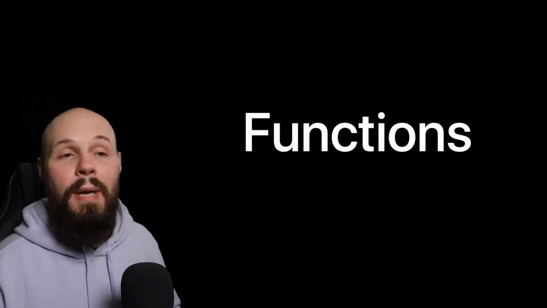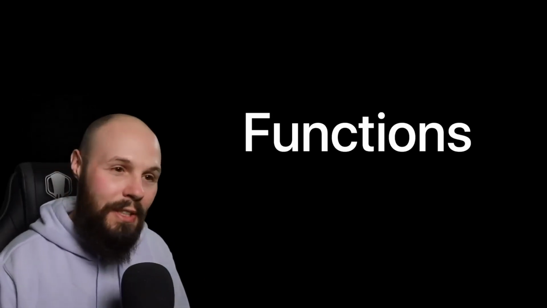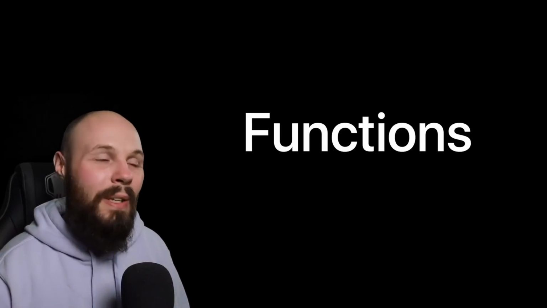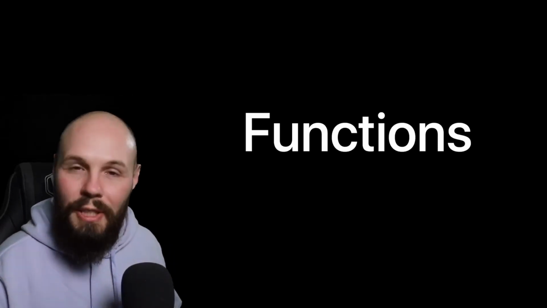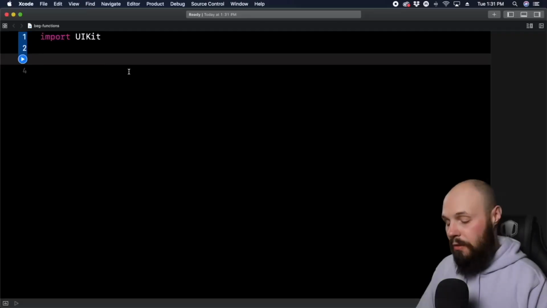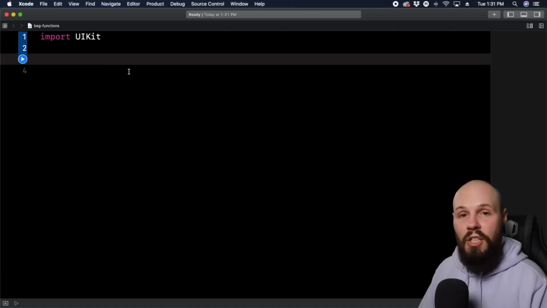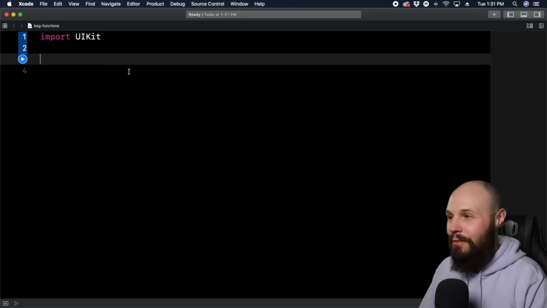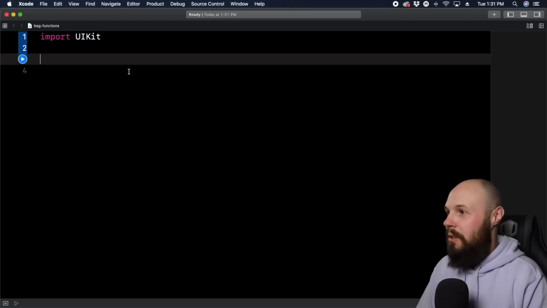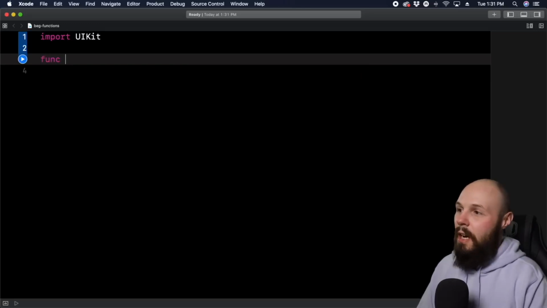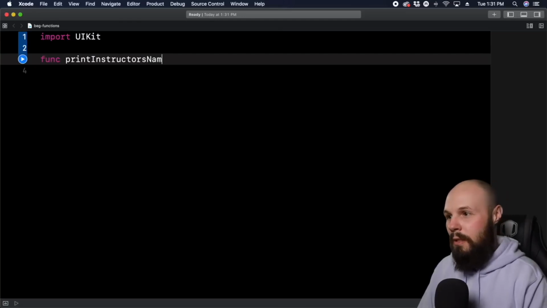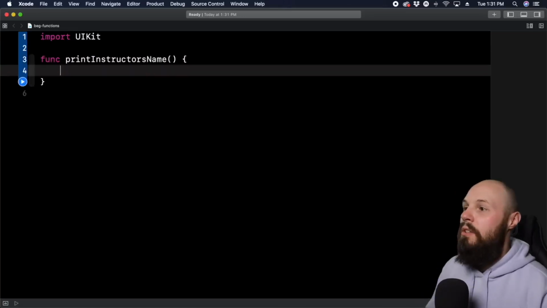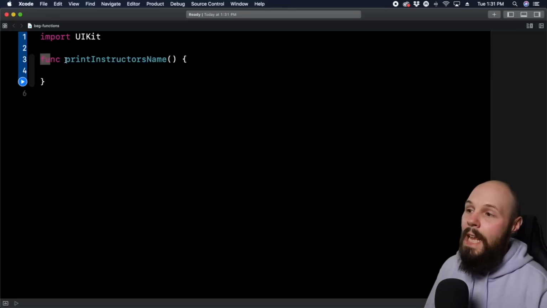All right, so that was a real example from an actual app, so don't worry if a lot of that went over your head. We're going to dive into some basic examples that will hopefully connect the dots for you. All right, so let's start off super simple. In order to declare a function, you have to put the keyword func in front of it, short for function. So func, and let's say printInstructorsName, right? So you have the func here, you have the name of the function,